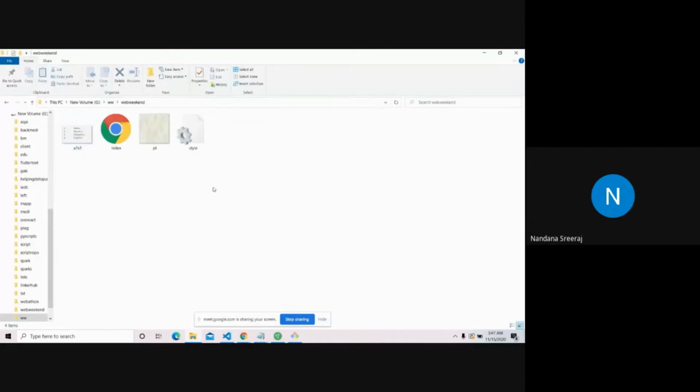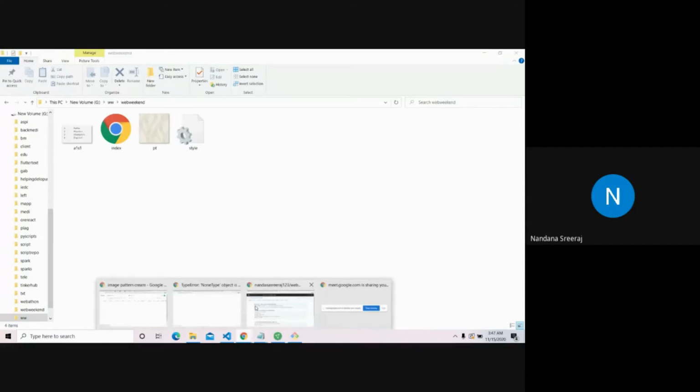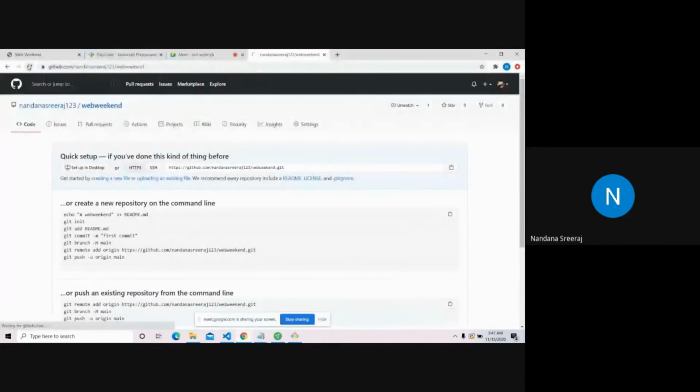Inside the local copy, I can make changes. So I've added these index.html, style.css, the images and all. I can make changes here in the local copy. But what happens when you make changes in your local copy? Only making changes in your local copy won't be reflected on the internet. It remains the same. You don't see any change here, right? The index.html, the style.css, the images are not getting added right now.